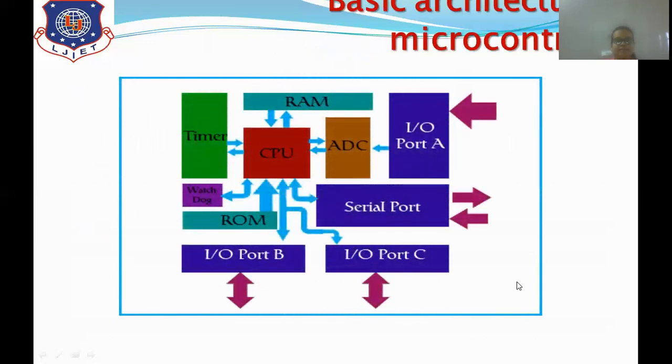Now, this is the basic architecture of a microcontroller. As you can see, this is a single IC in which different components are embedded in a single package, right? In the middle is the brain of the controller, that is the processor. With the processor, various features are connected, such as memory, that is RAM, ROM, then timers, input output ports. There are three input output ports, A, B, and C. For serial communication, there are serial ports. Then ADC, that is analog to digital converter. If the data is in analog form, it will convert it into digital form, right?